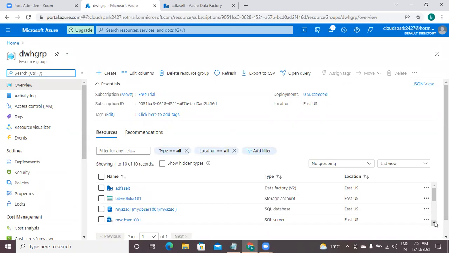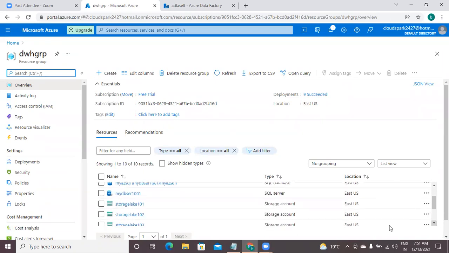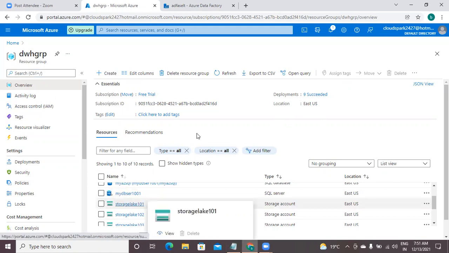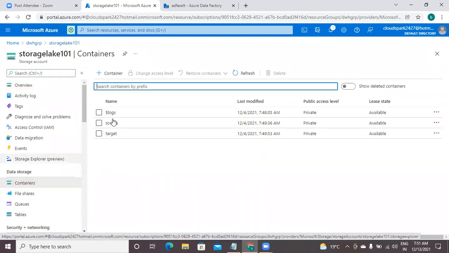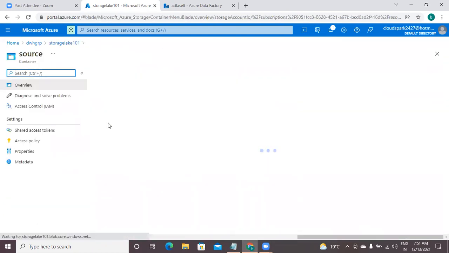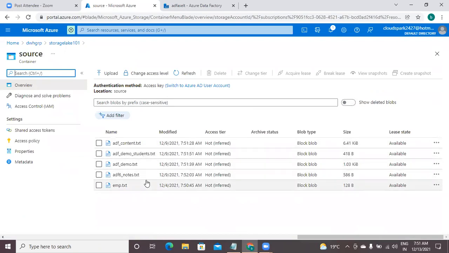Our data lake is storage lake 101. Within this, you have a container, source. The source has these files, that is more than one file. So for this source container, you created a dataset in our previous example.